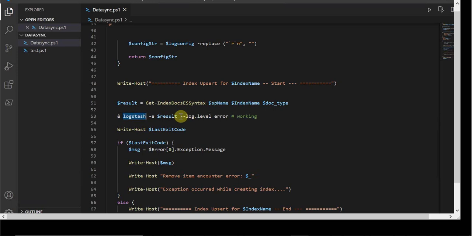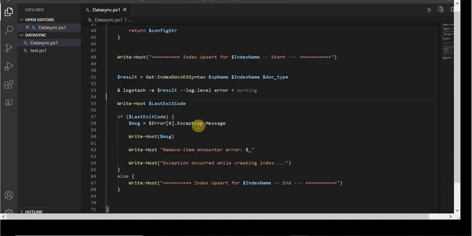Because I disabled the logs, in the Jenkins job build history we didn't find many logs, as I suppressed all of them. Whenever errors appear in Logstash, they will appear only in that build history. Based on the execution code, if you get any errors, they are kept in the job history. I log the Logstash execution result.